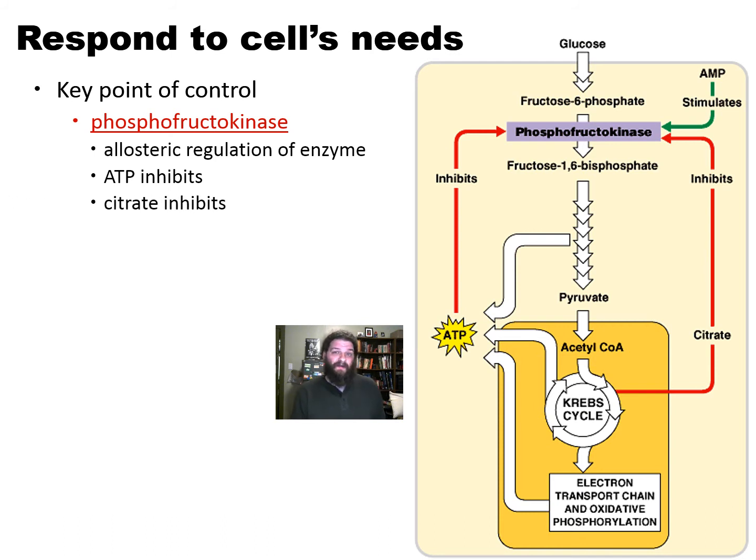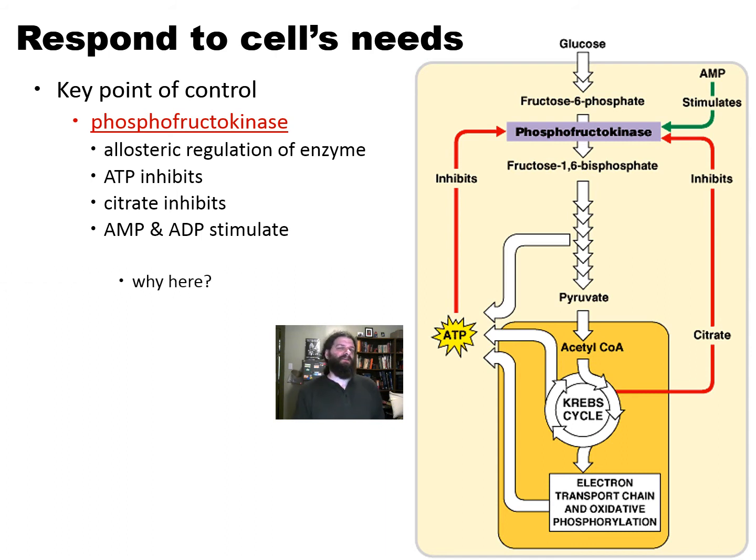Citrate also inhibits phosphofructokinase. Citrate, being an intermediate of the Krebs cycle, means that the Krebs cycle is going and has produced some NADH and FADH2, and so the electron transport chain is going to be making lots of ATP, so we can shut that down. Likewise, AMP and ADP, adenosine monophosphate and adenosine diphosphate, both stimulate the action of phosphofructokinase. If you are burning lots of ATP, you're going to be generating lots of AMP and ADP. So if there's lots of that around, that means that there's some ATP that needs to be replenished.